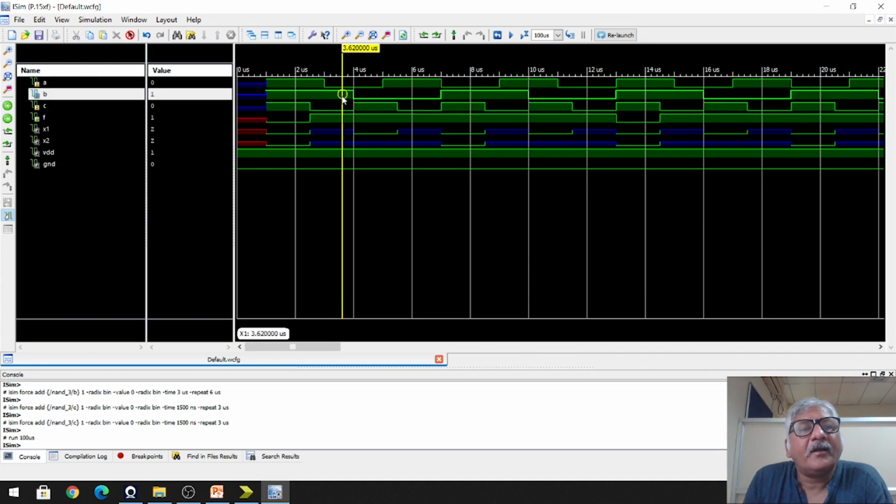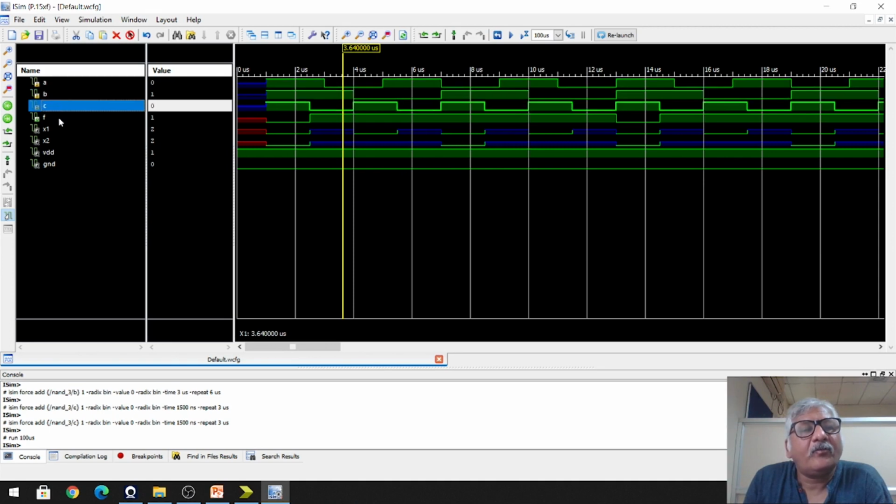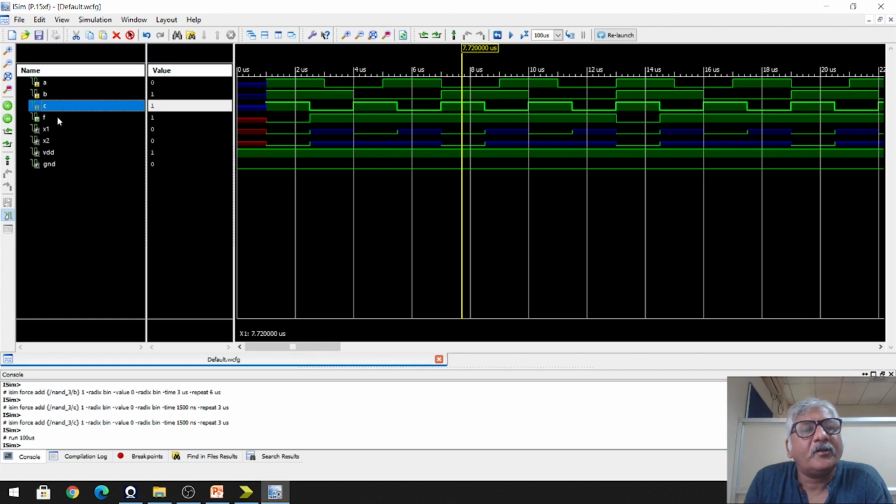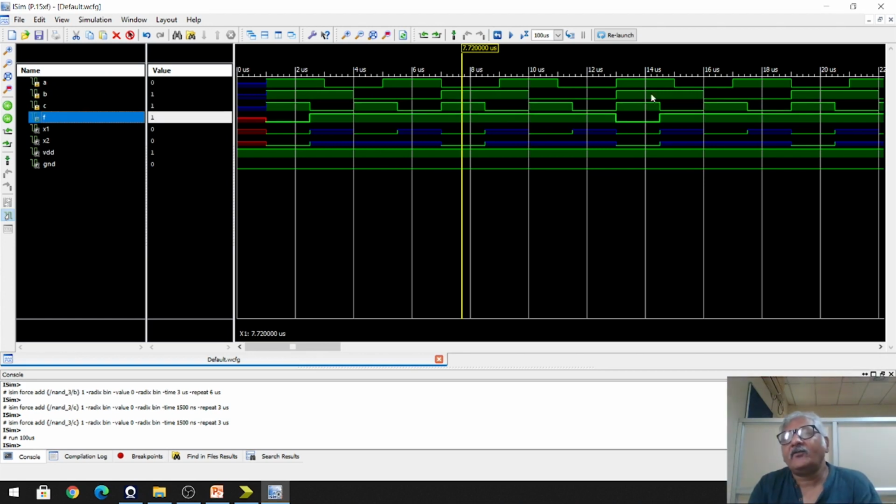Okay, we see another condition. Input A is 0, B is 1, C is 0. So output F is 1. Okay, we see some other condition. Input A is 0, B is 1, C is 1. So output is 1. So in this way that code is working for a 3 input CMOS NAND gate.